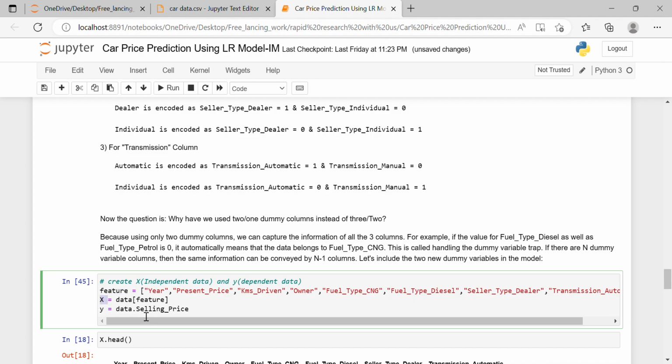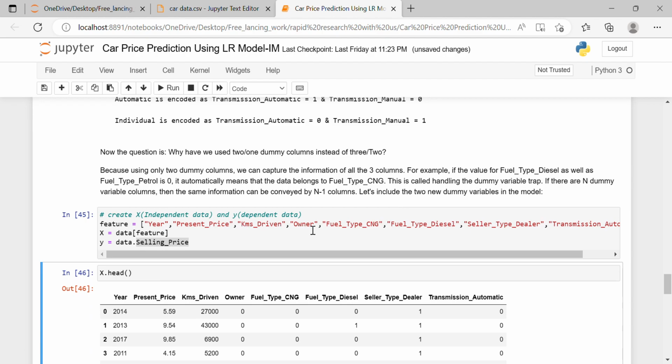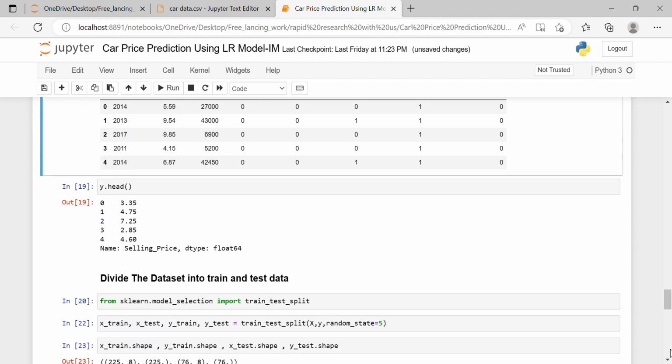Now in Y, we are feeding the selling price as an output variable which we want to predict using linear regression. Now let's see what all X and Y contains. Then again we will use a command, x.head. So we can see that in X all the features that we have written over here are presented, and in Y we have only the